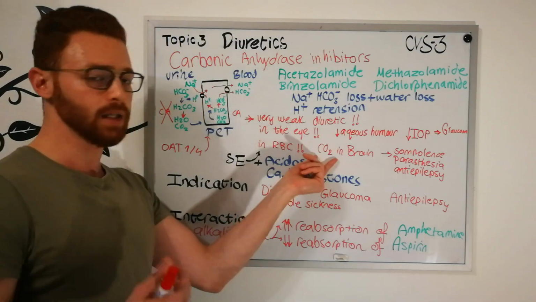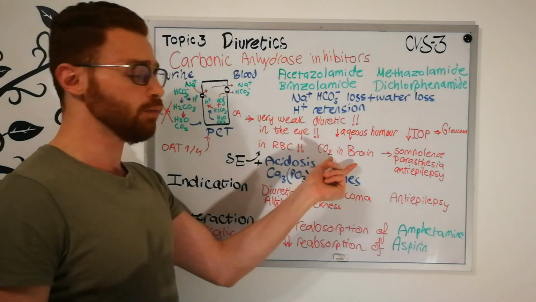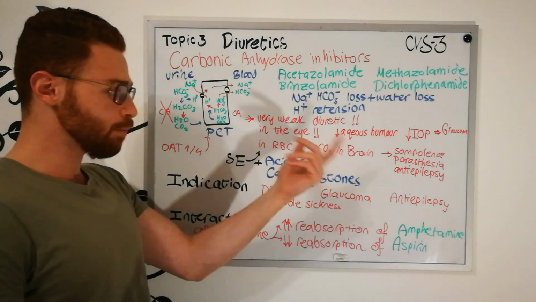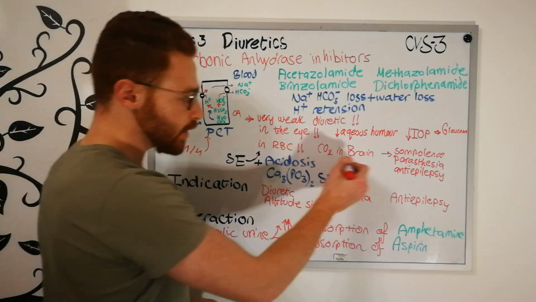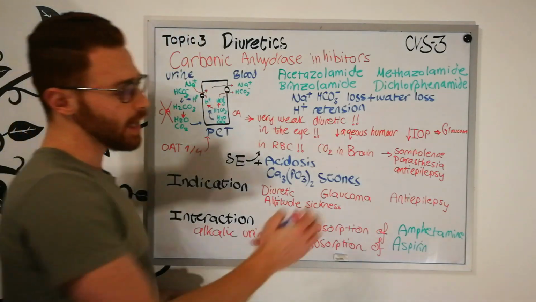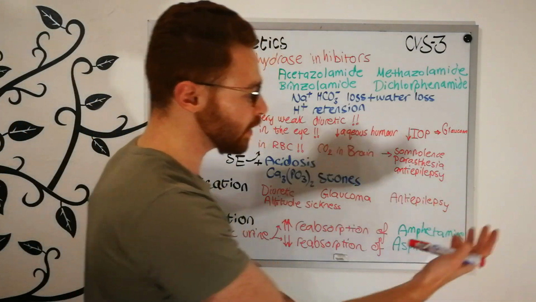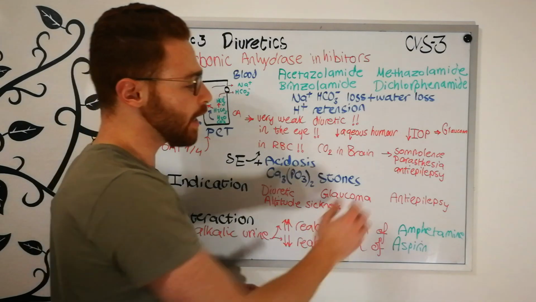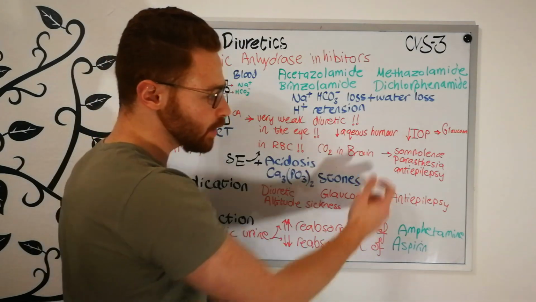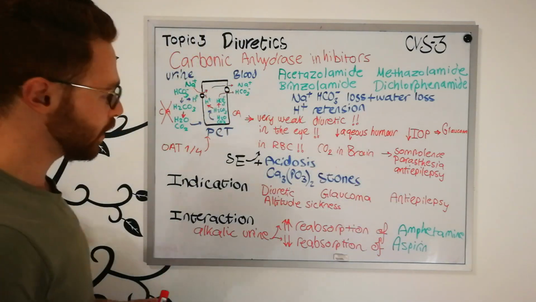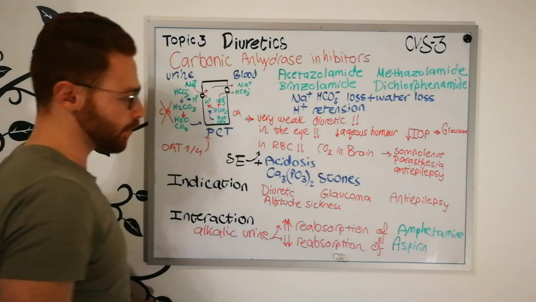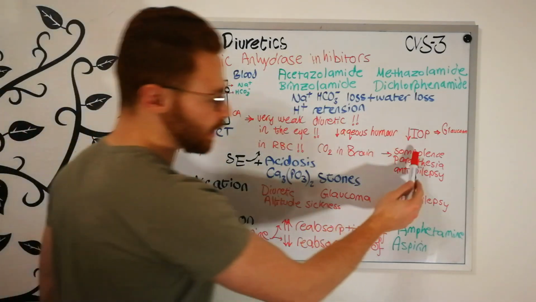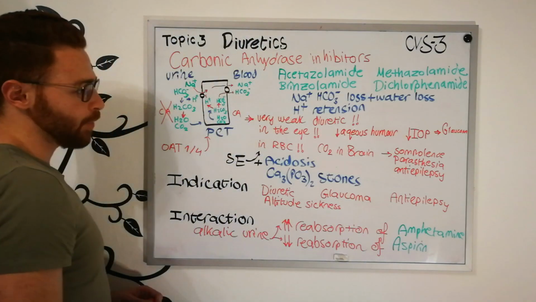And this means that the carbon dioxide is accumulating in the tissues, more importantly, the brain. So, if the carbon dioxide is accumulating in the brain, what is going to happen is somnolence. Somnolence is basically sleepiness, and paresthesia in addition to anti-epileptic effect. Now, so as a side effect of the carbonic anhydrase inhibitors, the patient may be sleepy and paresthesia may be